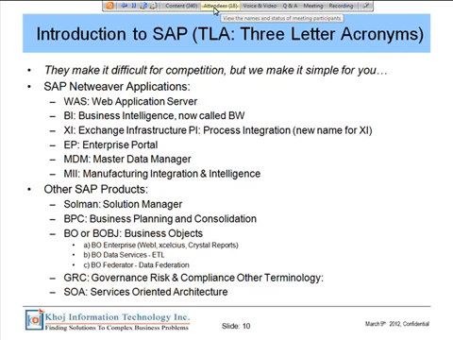The SAP Foundation or Basis Systems Administration has a new name. It's called NetWeaver Systems Administration, right? Basis used to be the old name. NetWeaver is the new name. So NetWeaver is that framework or that chassis on which everything is built, right?